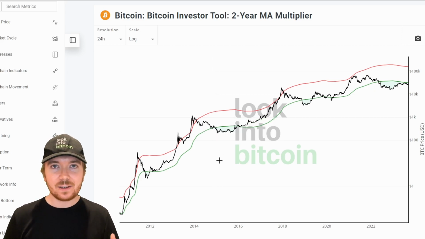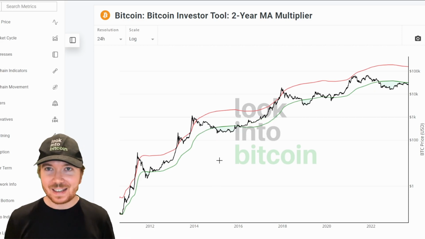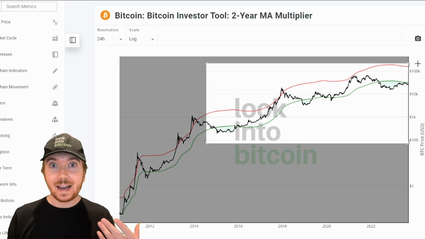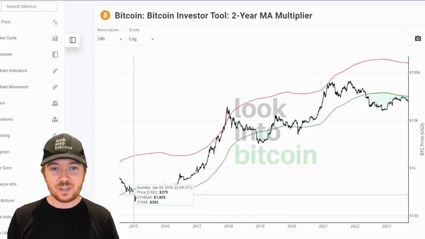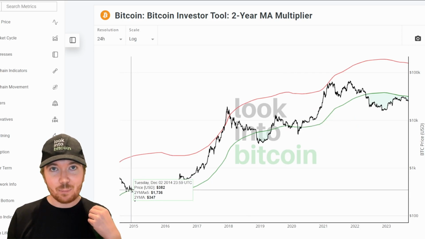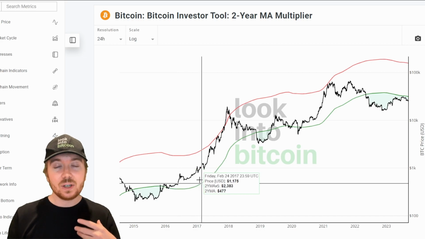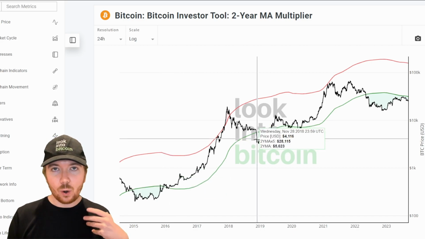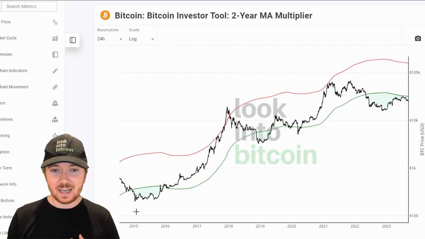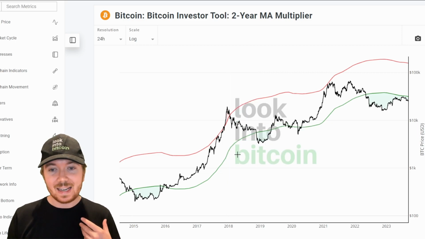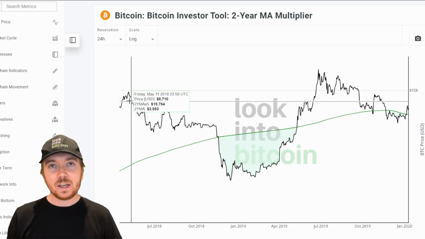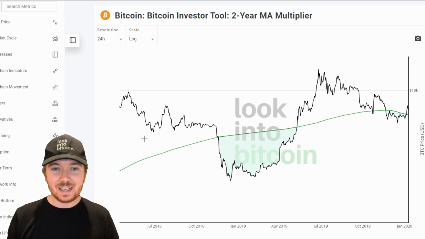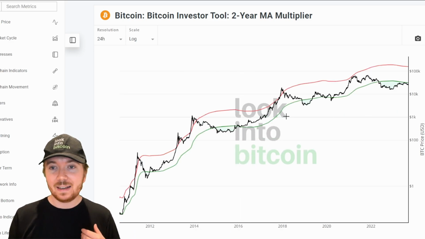So the way I've actually calculated this, because I've done all the maths and I've got all the numbers behind this, is if you were to have started 5 years ago or 9 years ago, like we said on the dollar cost averaging strategies, and you only actually bought at the end of the month, but had saved up from not purchasing when Bitcoin's price is above this green line and gone all in with a purchase once we'd actually dipped beneath. So if we just, for example, go to the 2018-2019 cycle here, you'd have accumulated your $100 a month every month since 2015,